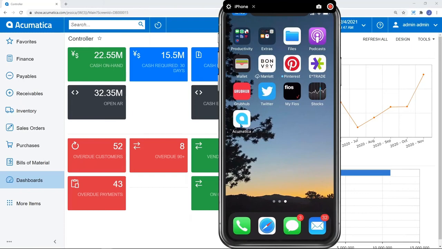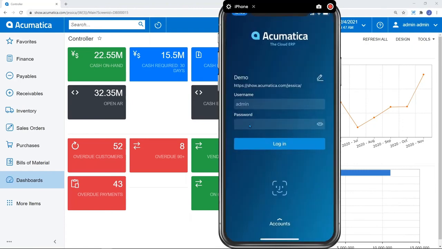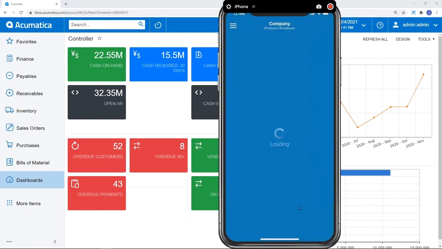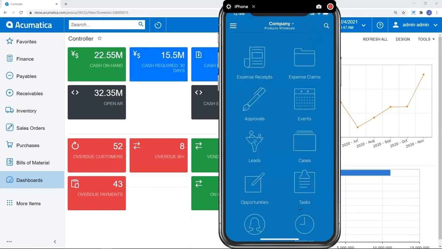But this is my Acumatica mobile app. If you use an iPhone or an Android, you can also find the Acumatica mobile app, but you will, of course, need an Acumatica instance. So I'm just connecting to the exact same site you see right here from my mobile app, and I will type in my password. But please note all of the same smartphone functionality, like Face ID and dictation and all of that other good stuff that you would get from a smartphone certainly extends to what we have done with the Acumatica mobile app.